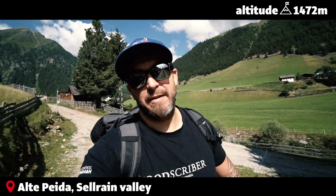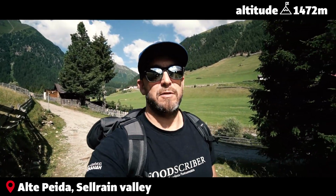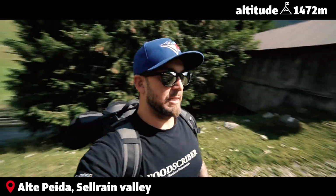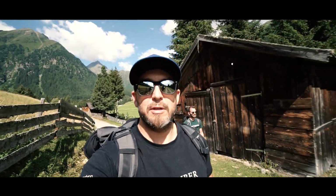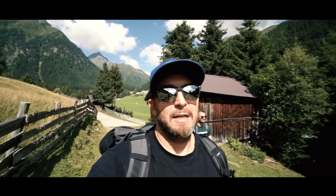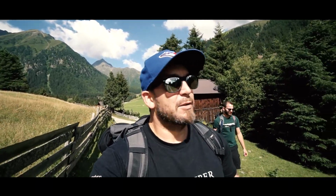Today we're on day 4 of the Innsbruck Trek. We're in the beautiful valley of Sellraintal, which is right after Kütai. Today is a very long hike, or let's say a very long walk. In total it's about 13 kilometers. We're going to be walking all the way down the valley, getting closer to Innsbruck, and we're going to be